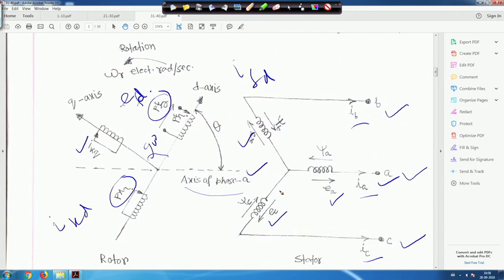but later when we write all the flux linkage equations, we have to consider the mutual effects. That means the flux linkage in phase A also has mutual contributions due to currents IB and IC, also due to the field current, and also due to the Emerson winding currents IKD and IKQ. All mutual effects we have to consider for detailed analysis, right? So this is a schematic diagram.